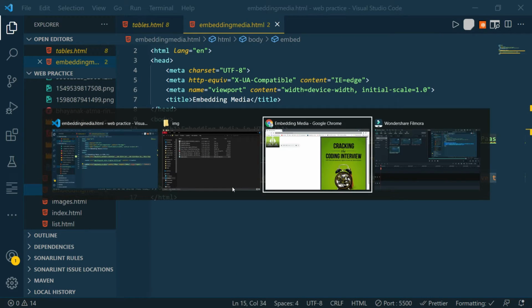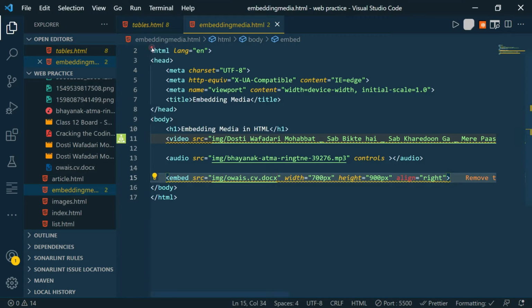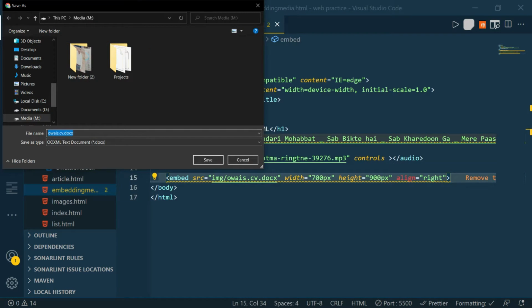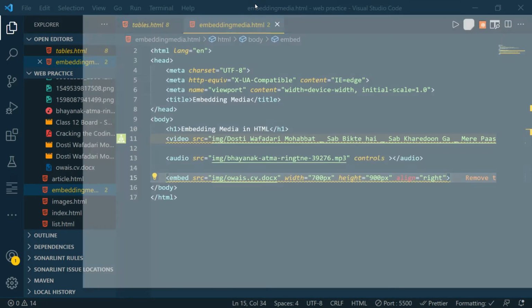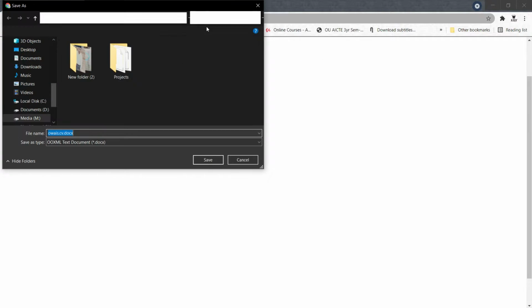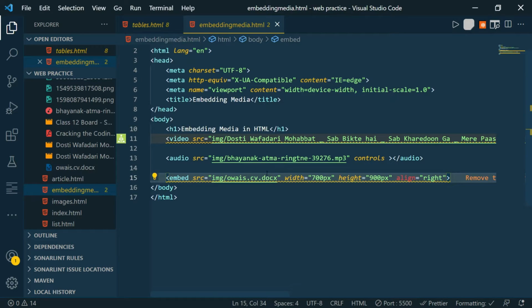So let's see what happens if we specify the Word document. Okay, so it is not embedding the Word document. Instead it is letting us download it. Whenever the page reloads, we are getting a prompt to download that Word document. You can see the PDF has vanished. Nothing is getting embedded. Instead we are getting a prompt to download the doc. So let's remove it.